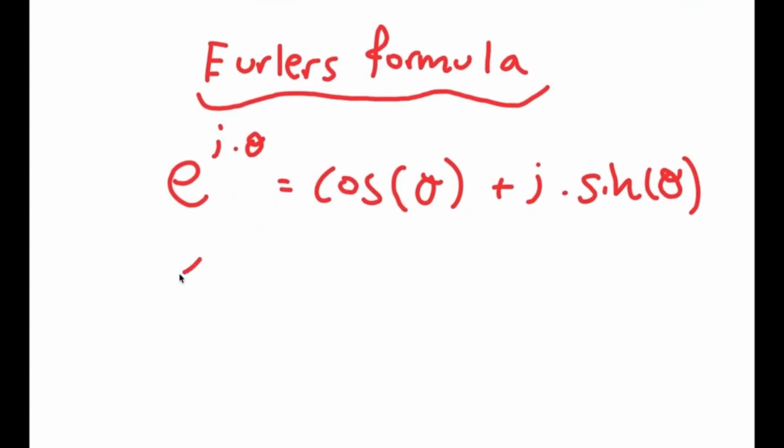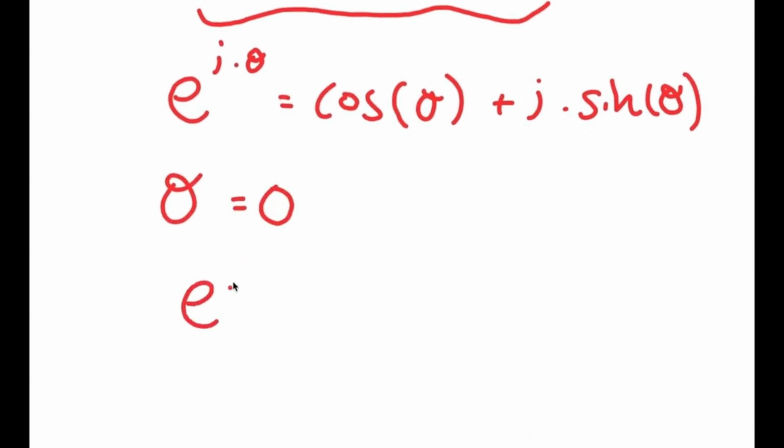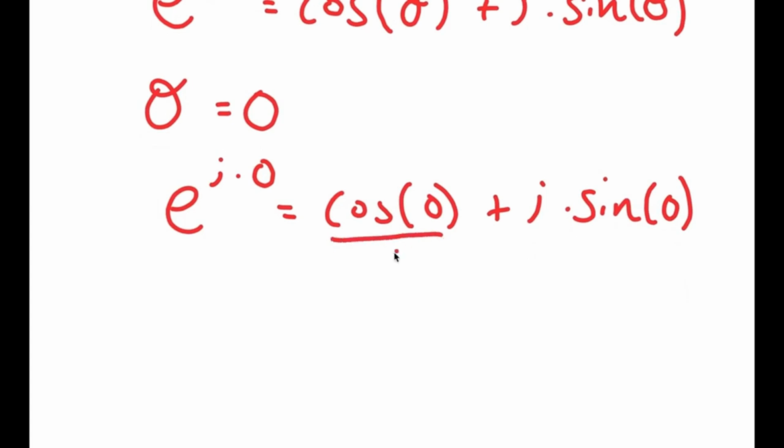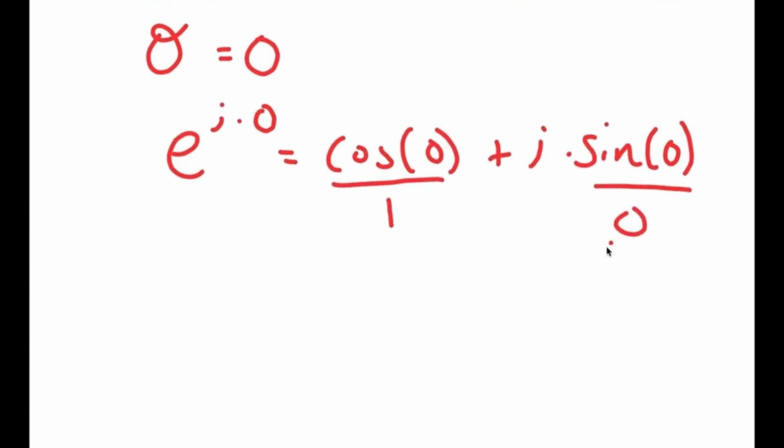So what if theta is equal to 0? Then this means that I got e to the power of i times 0 is equal to cosine of 0 plus i times sine of 0. And cosine of 0 is equal to 1, and sine of 0 is equal to 0. So I get